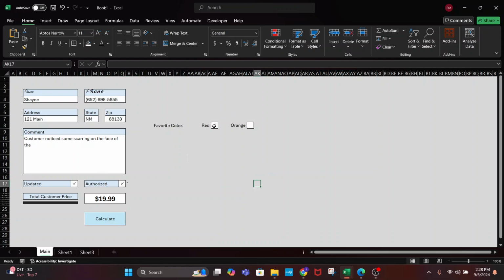can make this checkbox appear when you hit that checkbox, and then when you click orange, we can make that one check and that one uncheck so that you can't check two, or we can make it so you can check them this way. So I think I'm going to cover that next, and then after that, I will take this over to